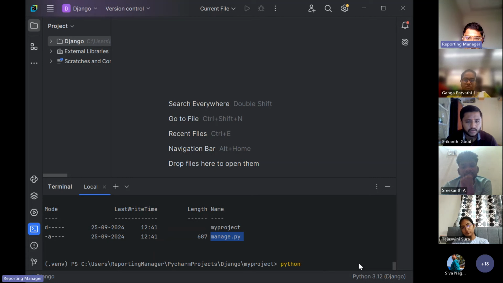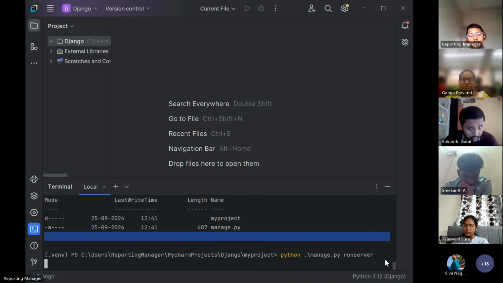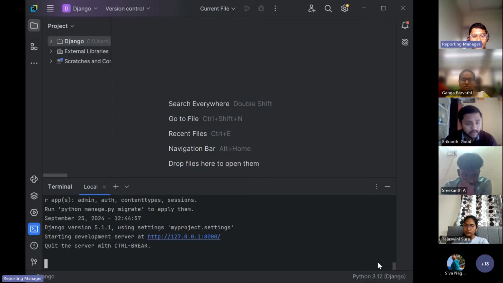Manage.py. So I typed M and tab, and py came. The total full name came. So run server. So it's running the server. So it will create a